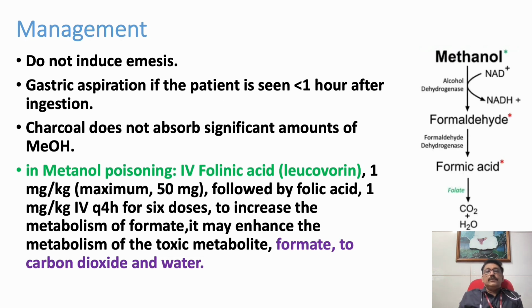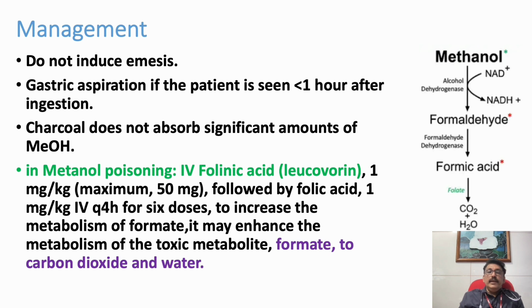Now, how to manage methanol poisoning? One of the steps we can see: it can be treated with ethanol, it can be treated with other drugs like fomepizole, which we will discuss afterwards. Ethanol we will discuss afterwards, but here we are talking about formic acid. We can see in this slide the methanol metabolism. Formic acid is produced during the metabolism, and this formic acid produces metabolic acidosis, retinal damage, putaminal damage. All these things are due to this acid. So, the conversion of this acid into carbon dioxide and water will give benefit.